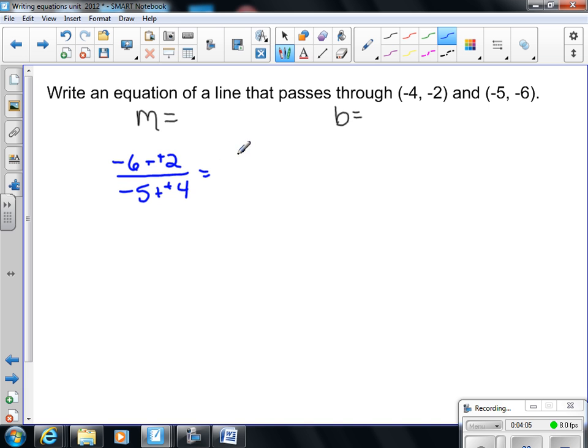And I do the math. I get a negative 4 over negative 1. A negative 4 divided by negative 1 gives you a positive 4. So that's our slope. Now to find the y-intercept,